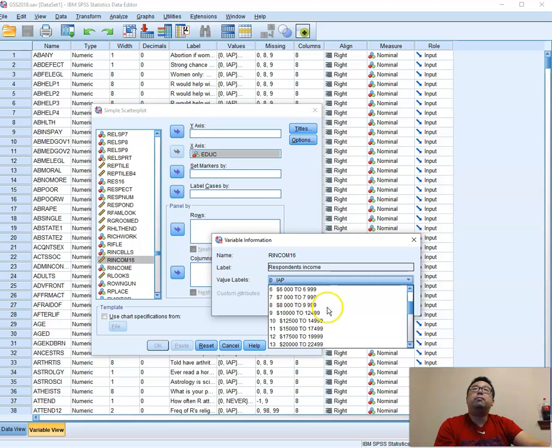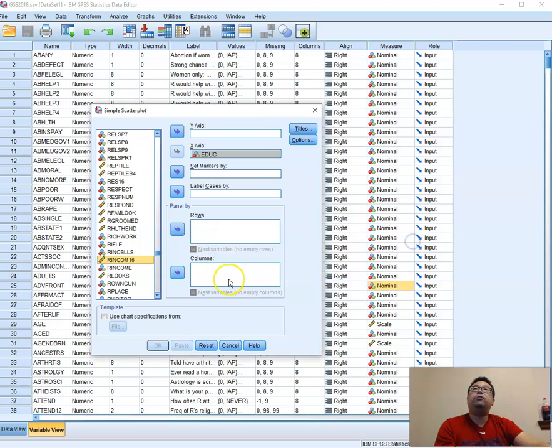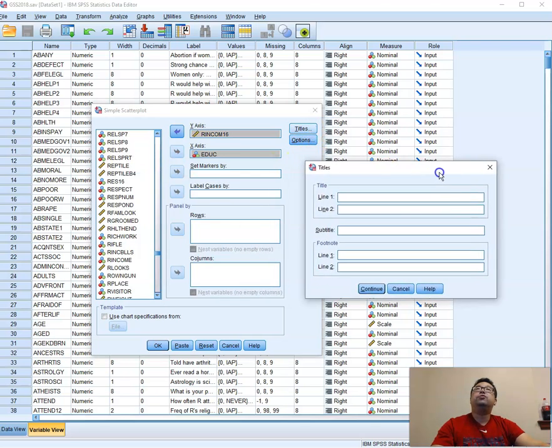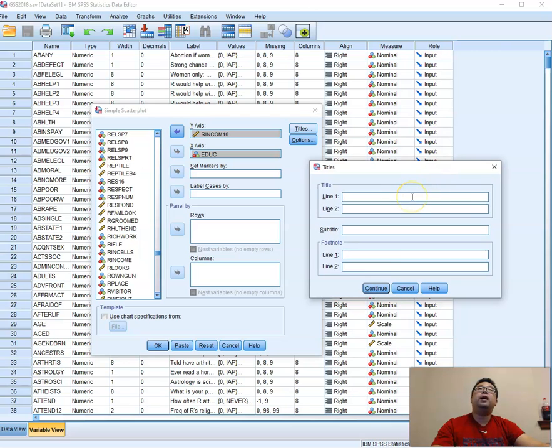So those numbers, the higher number indicates the higher income. And 27 and 98, these are the missing values, but let's see if they are included here. Our income as the y-axis. Okay, and in this case, let's see the titles. So you can put your title as line 1, line 2, maybe a subtitle,